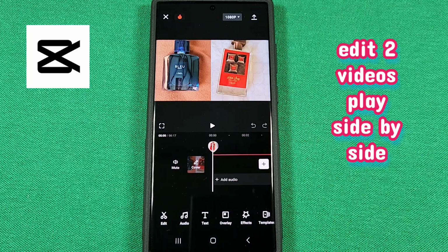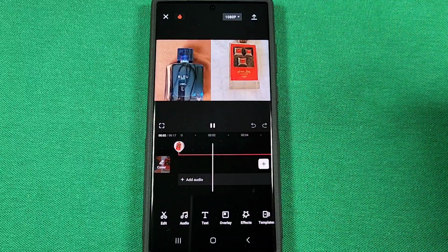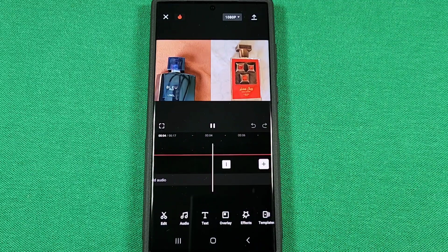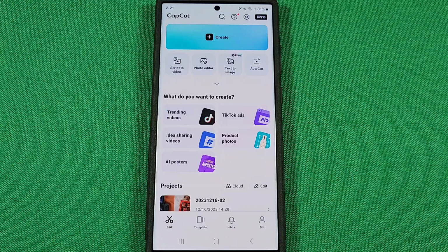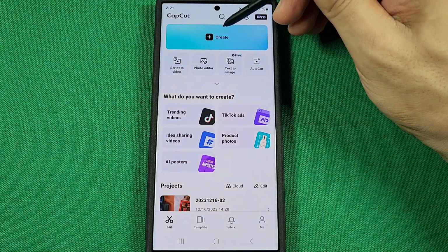How to set two videos to play side by side within one video frame using the CapCut Video Editor app, and let's get started. When you're ready to start on the home screen page of CapCut, go ahead and start